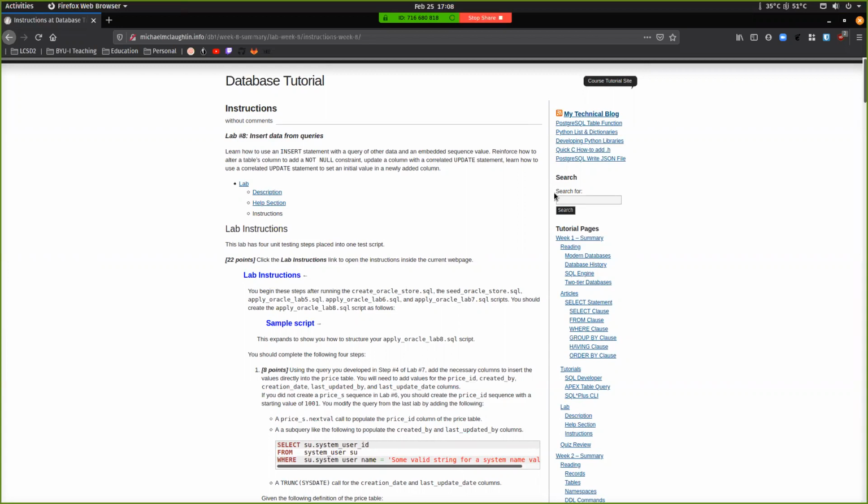Because if you remember right, in Lab 7, we wrote that big query to get our prices for all of our items for the different number of days and whether they were active or not and all that kind of stuff. Well, we did the query, but now we're actually going to put it in the price table that we created in the previous lab. So